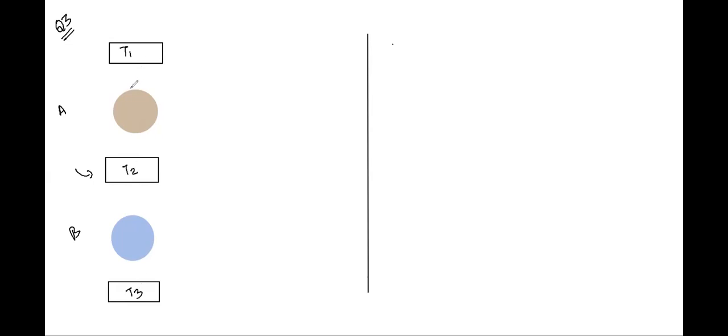Now mark one thing: the heat which is coming from T1 into the engine is how much? It is Q1, right? Some amount of heat, Q2, not exactly the same, is entering the reservoir T2 from engine A. How about the heat which is coming from this reservoir? Have a look at it. Q2. How much is it? Q2.